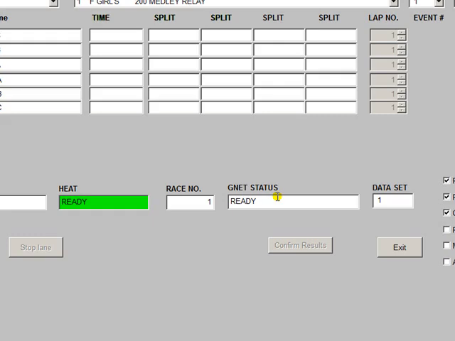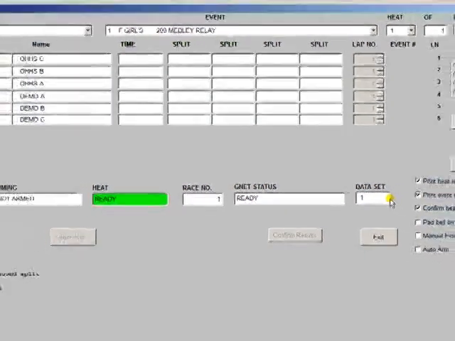The data set number should match the current meet number that was selected in Meet Manager when you created the start list. This number cannot be changed in Tw3. To select the number in Meet Manager,